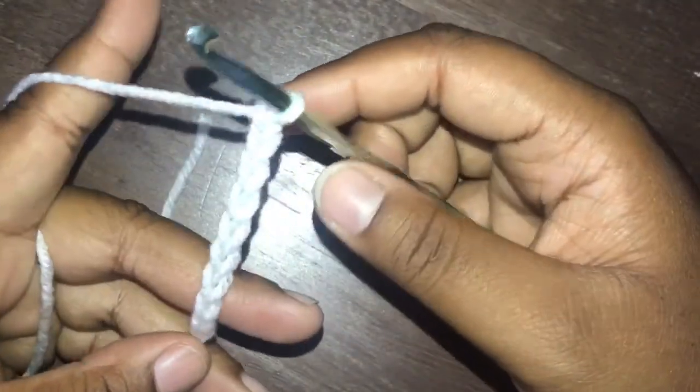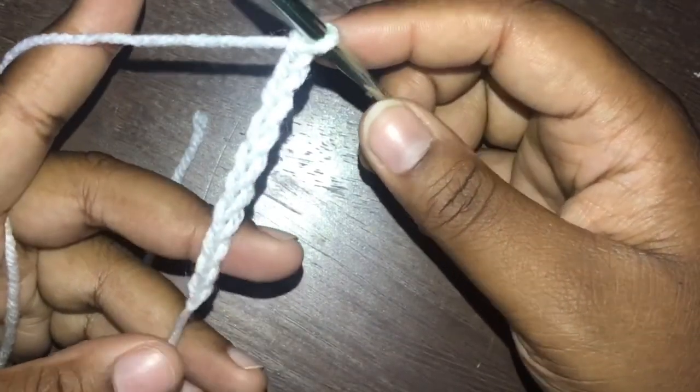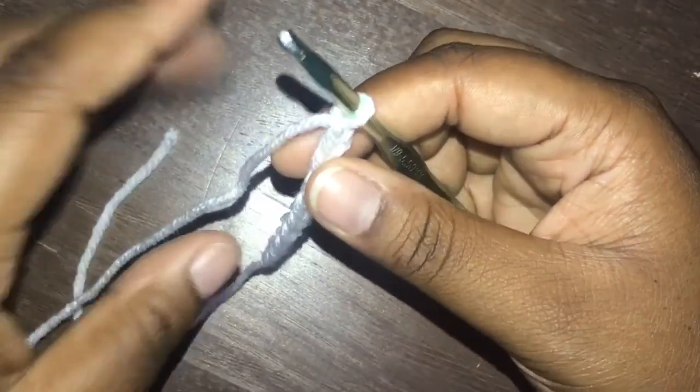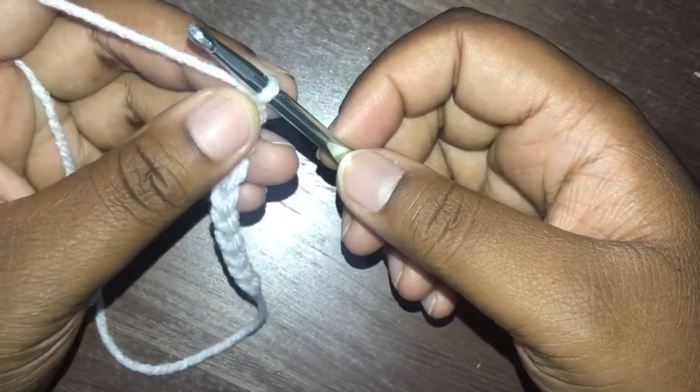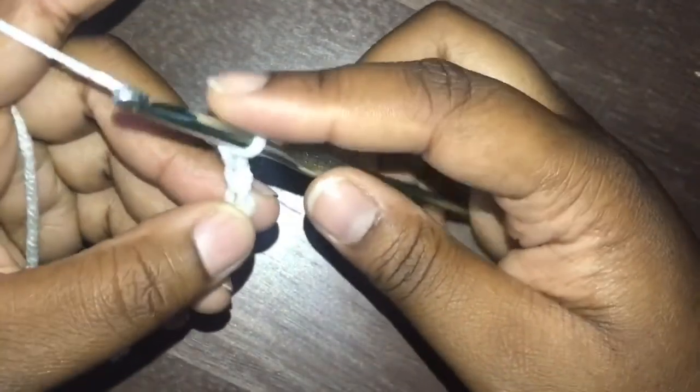This is going to be the foundation chain of the cup, and we are going to have to do increases to actually make it bigger. So once you chain 11, put your finger on that last chain you made, the 11th chain, chain 2. This is your turning chain, and you're going to